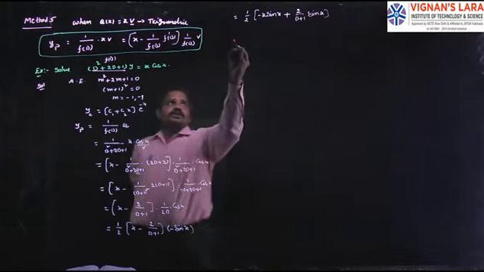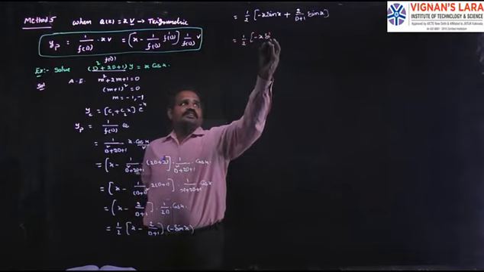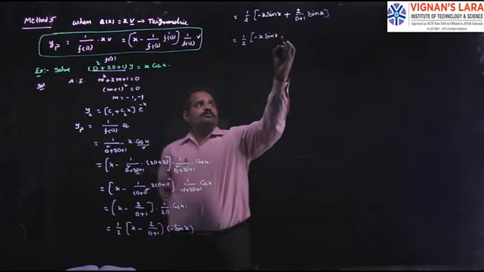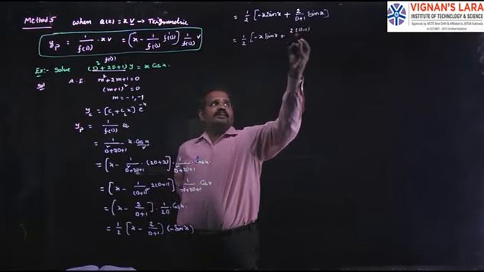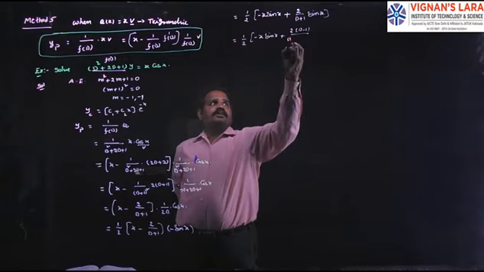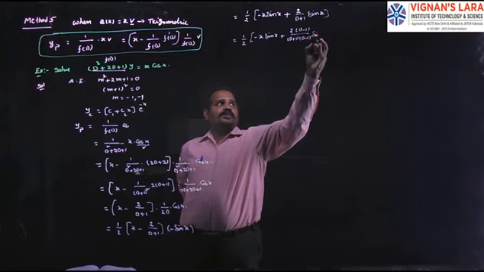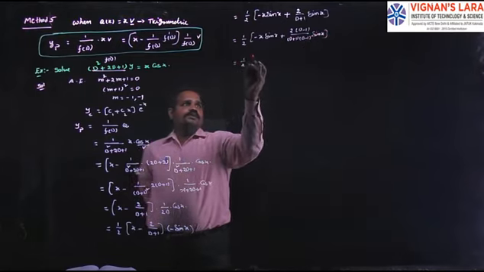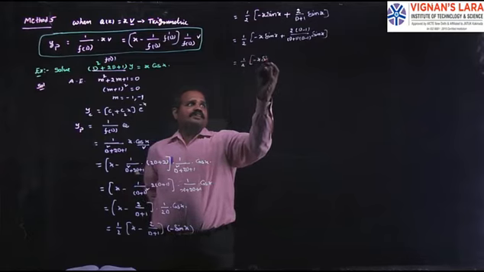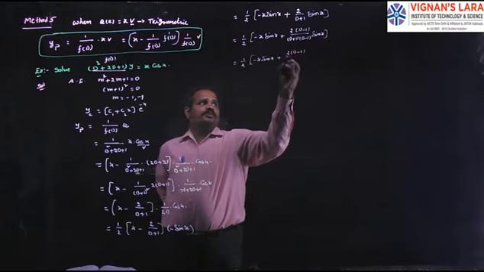This is equal to 1 by 2 into minus x sin x plus 2 into rationalizing factor, (D minus 1) by (D plus 1) into (D minus 1), into sin x, which is equal to 1 by 2 minus x sin x plus 2 into (D minus 1) by